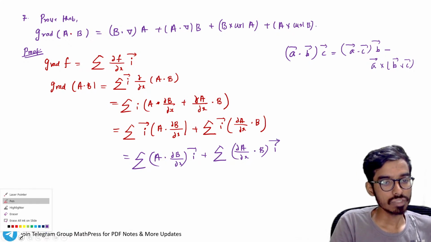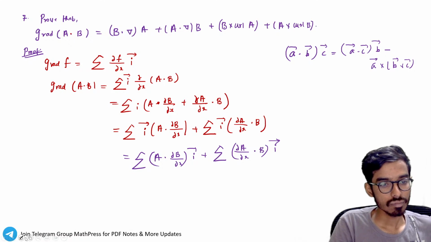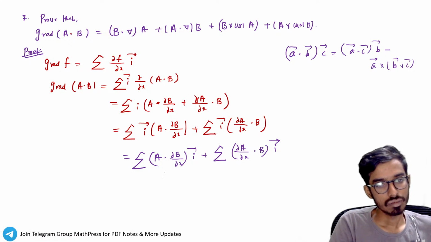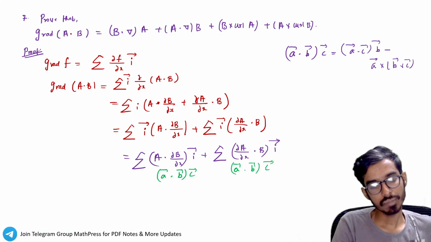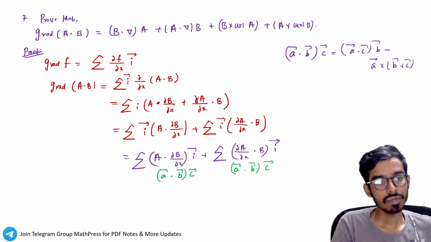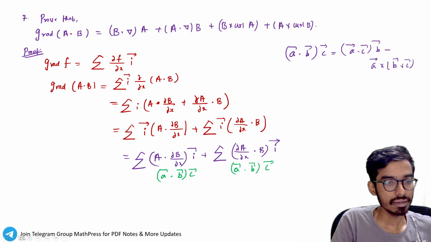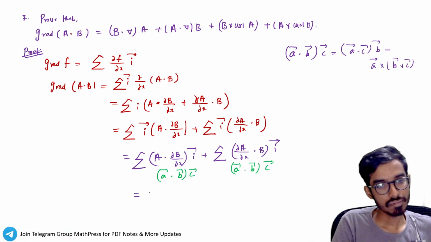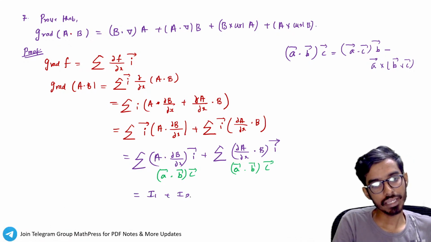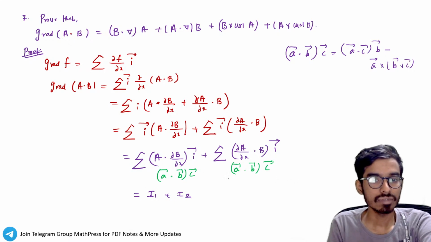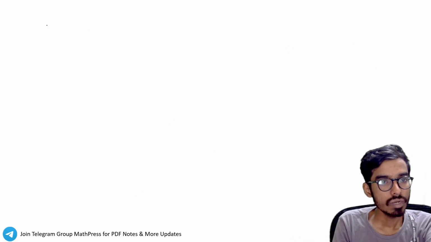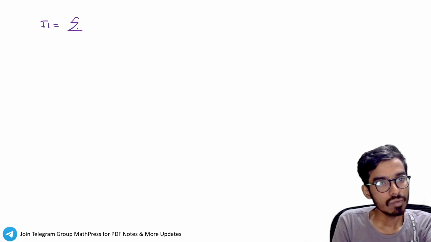So again, I'm going to make use of this property now. First we will apply it for the first term and then we will apply it for the second. Let us call this I1 and this I2, right? We will do them separately, because we will have long terms. So what is I1? I1 is summation